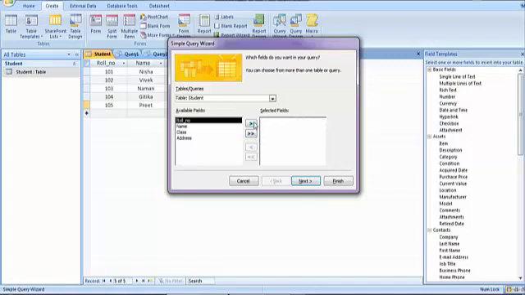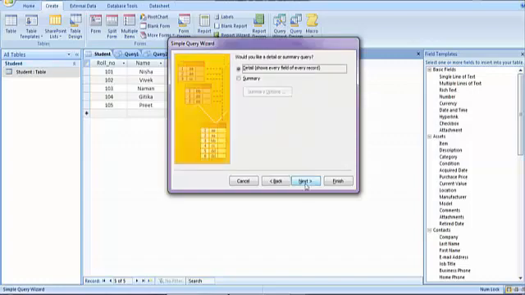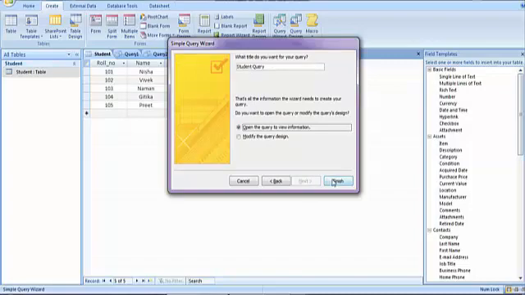So if I click on this option, one by one, or suppose only two fields you want to select, like this. If I click on this option, all the fields will be selected. If I click on this option, all the fields will be deselected. So let me go for name and let me go for class. Only two fields let me select. I'll click on the next button, then again next, and then finish.